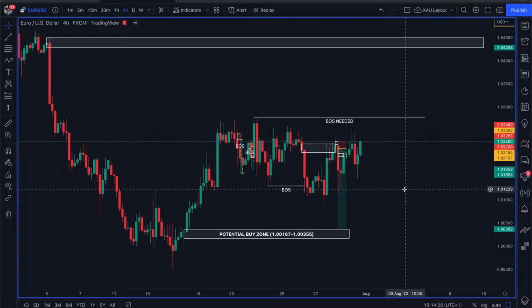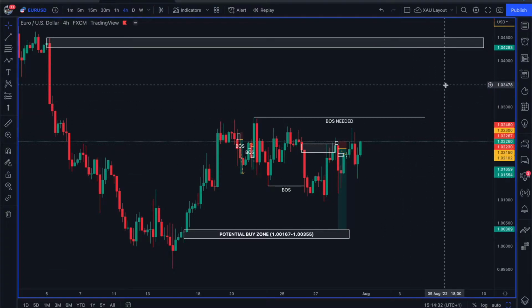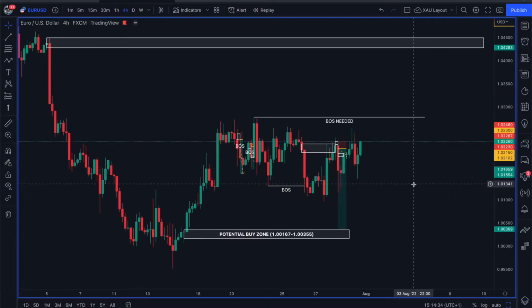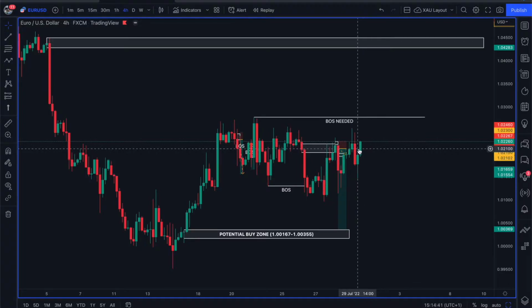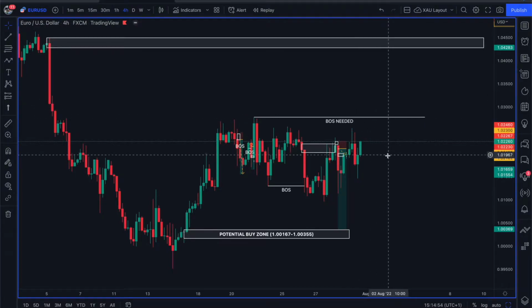And then as soon as we have the break of structure to the upside, taking its next impulsive wave, that's when we can look to get into those buy positions, but actually hold those buy positions to our zone here. So I'm going to sit on my hands come Sunday night, Monday morning, wait for price to trail up, break through, create that new high that we want to see, and then we'll wait for the confirmation of price to go bearish. Then we can look for those sell positions, close those, look for those buys, and then hold them